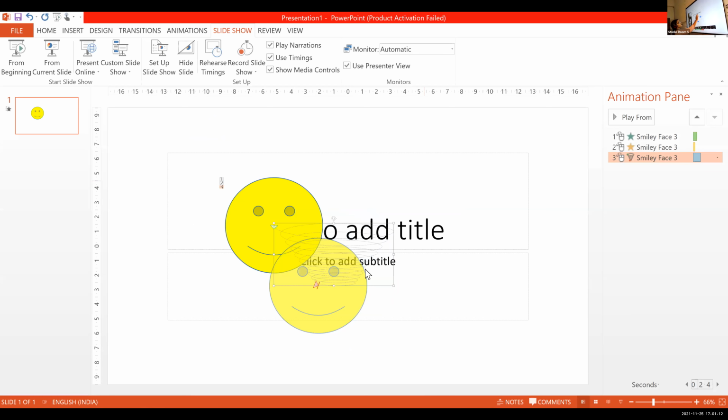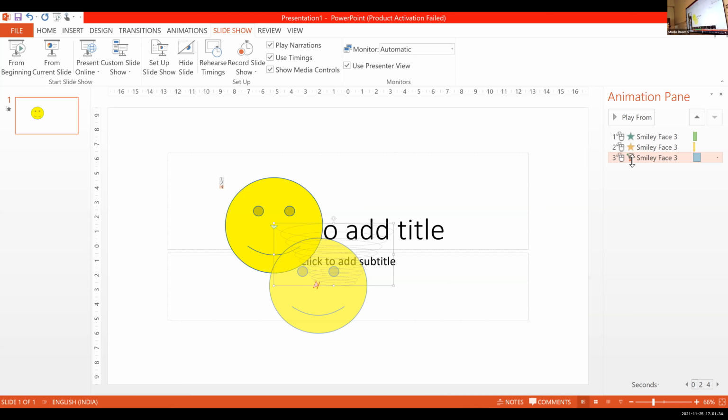I have just added three effects. So I will show you the effects. Which was my first effect? This was my first effect. This is my second effect. And this is my third effect. I want to change the order. I want the third effect in my first position. For that, here on the right side, you can see this, isn't it? First, you have to select the effect, then you can change it. So I have changed the third effect to my first effect.